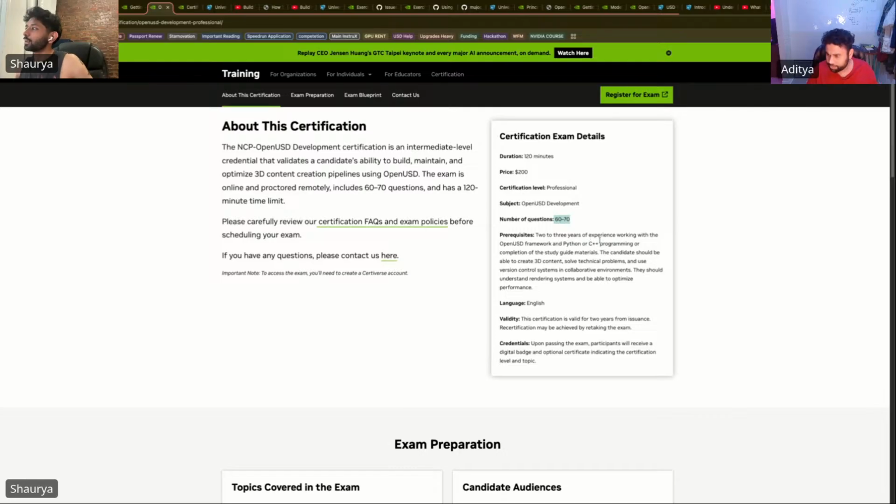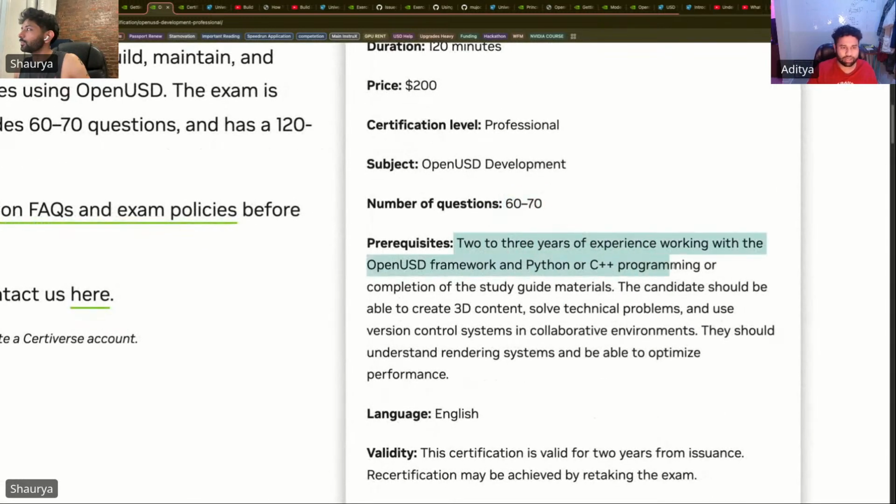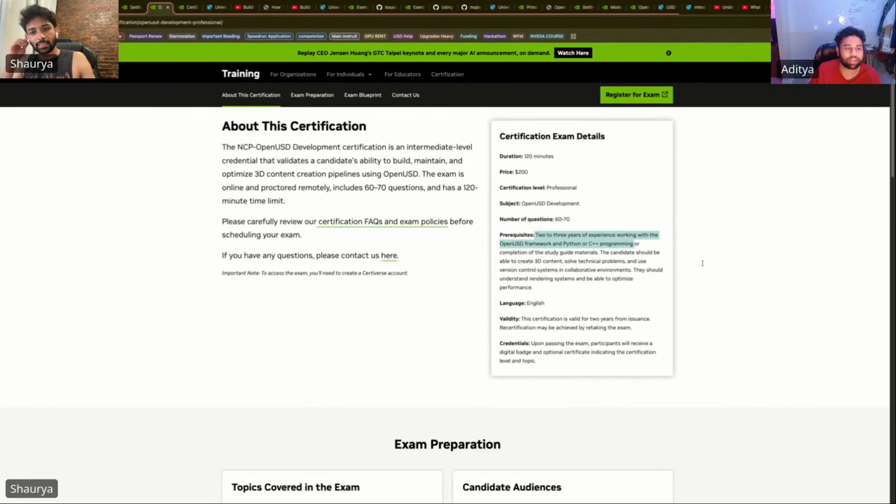And look at this, brother. They are gonna ask C++ and Python programming. They are not. Look at this. No, dude, it's a prerequisite first of all. They are not saying they are gonna ask. It's a prerequisite, but that automatically means that there are gonna be questions related to that. You should know what the syntax is. That's it. You should not know each and everything, not go in too depth. They want you to understand the basic syntax. When you started learning this, the prerequisite ones were already covered, brother. What does the official guide say